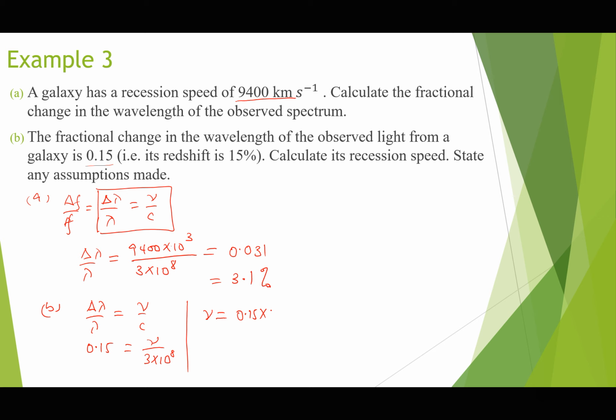So if I make v the subject, v is going to be 0.15 times 3 times 10 to the power of 8. I'll just press my calculator. 0.15 times 3 exponent 8. So this is 4.5 times 10 to the power of 7 meters per second. So what assumption can we make? We can assume that the recessional speed has remained constant ever since this started happening. Okay,